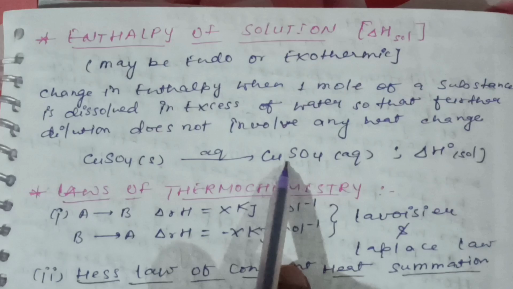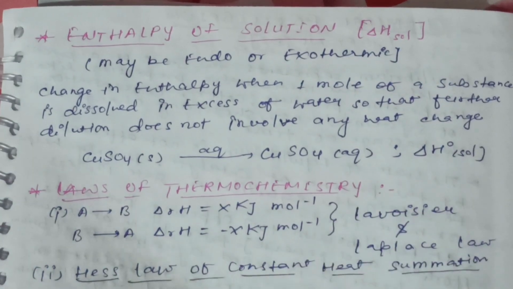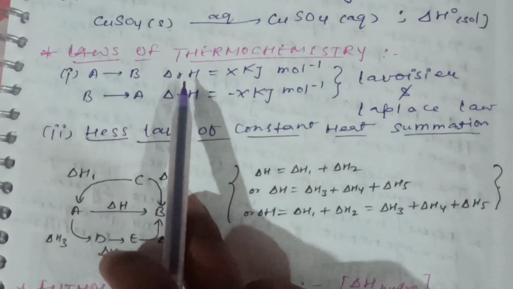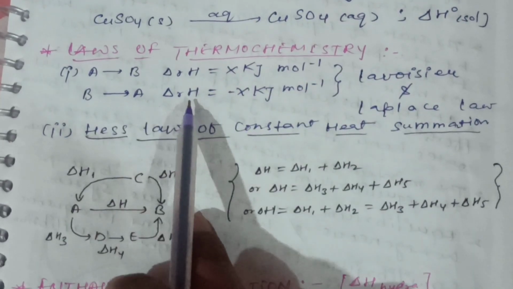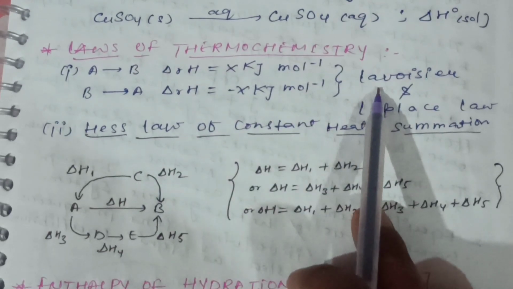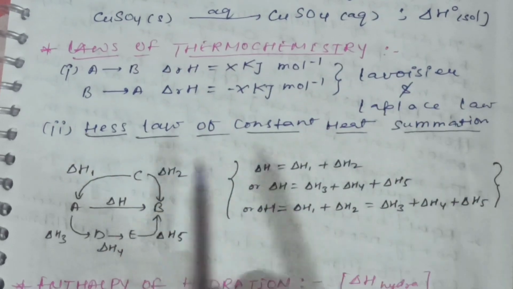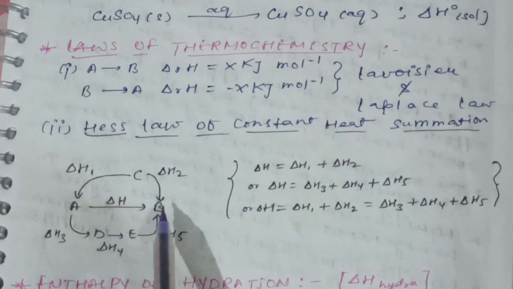CuSO4 in excess water, ΔH° solution. Laws of thermochemistry: A to B, ΔrH is equal to x kilojoule per mole; B to A, ΔrH is equal to −x kilojoule per mole. This is the Lavoisier and Laplace law. Hess's law of constant heat summation: